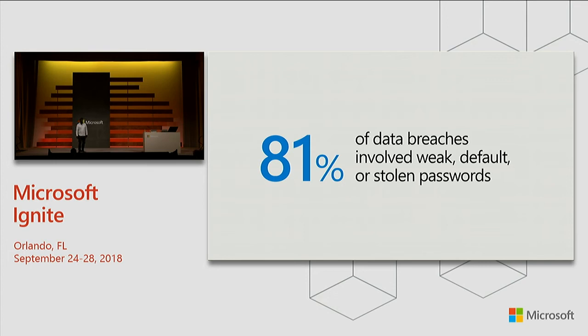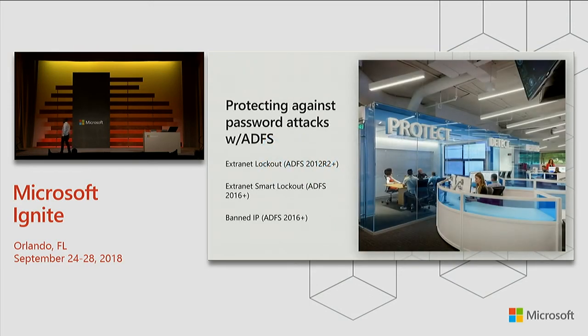Moving on, I think this is an area that you've probably seen before. Anand talked about it a little earlier this morning as well. I keep on harping that password-based attacks are huge. Now, there are a few types of attacks in here. While this number is great, there are 3 types of attacks that we've seen. And from an ADFS perspective, we already have a set of capabilities in there. The first one that we did was the extranet lockout. It's a soft lockout on ADFS that used the AD bad password counter as a way to do that.